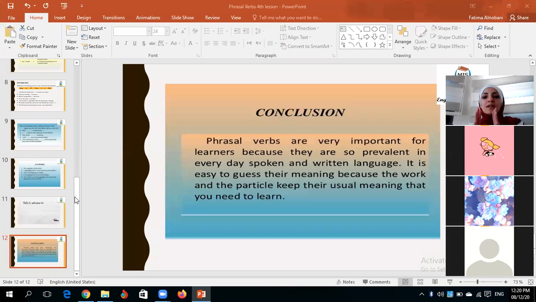Why do we use them? To have more vocab and more terminology in the English language, to produce new words that give new meanings. Sometimes the phrasal verb itself has more than one meaning, as in keep up and keep up, or keep on and keep on. Sometimes we have the same verb, but we add different particles to give different meanings.